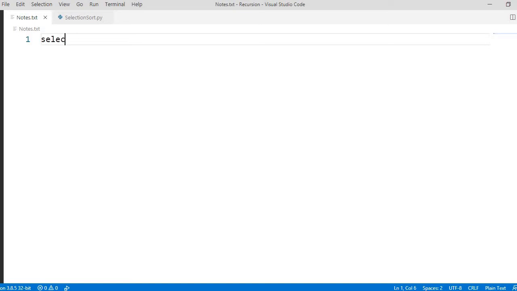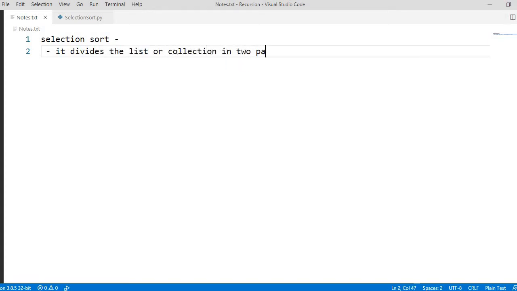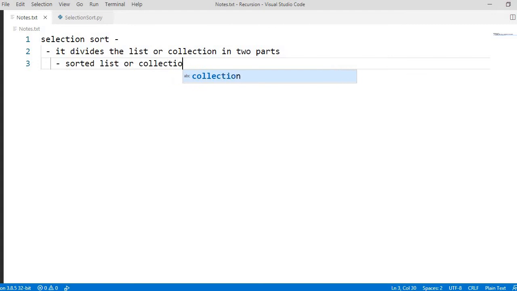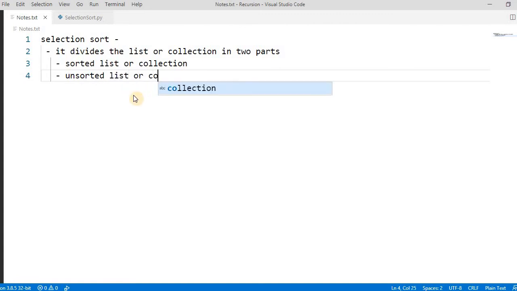It's a sorting algorithm that divides the list or collection in two parts. First, the sorted list or collection, and then the remaining one is the unsorted list or collection.